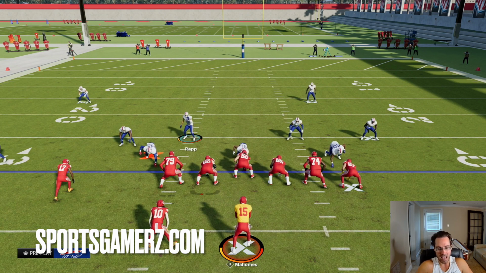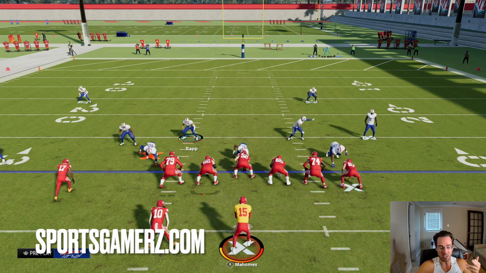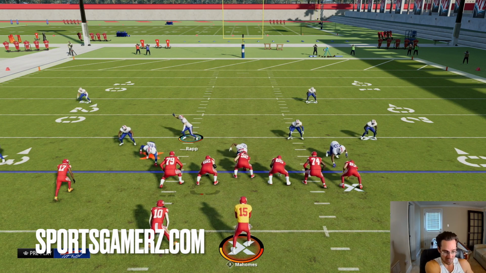Now, this can also be beat if someone's running the ball heavily. So this is more of a passing defense. This type of contain rush is really going to be a pass defense. There are other contain rushes from other formations that do a good job against the run. They're just not as good against the pass. So if you want to see one of those broken down, like I said, 500 likes, we'll drop another contain rush that's better against the run,